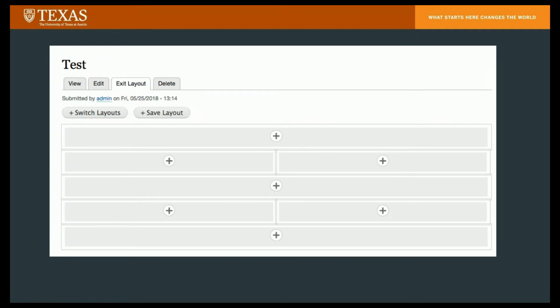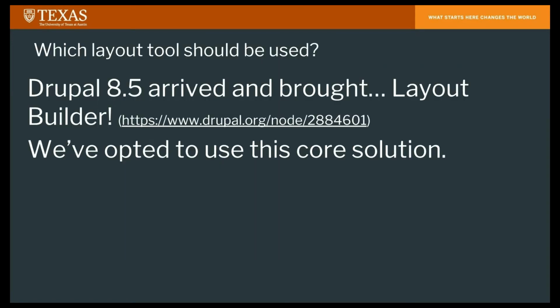Once you enabled it on a content type, you could add regions. You use layout discovery. You can add the fields that were part of that node, and so we felt like this would be something that would fit our use case. Now, right around the time that we had gotten this on Drupal.org, sure enough, we realized that some other people